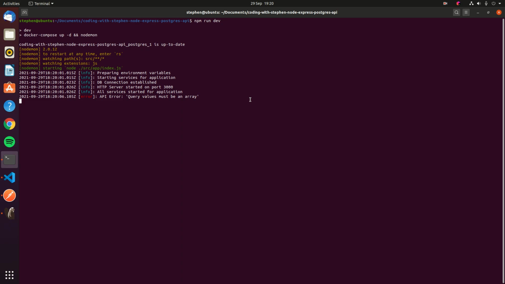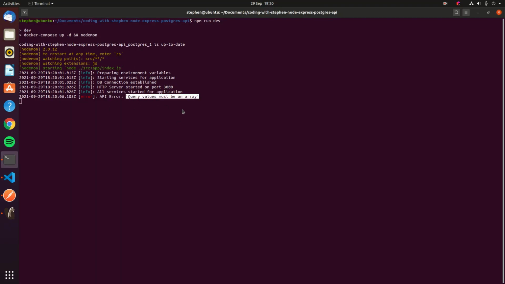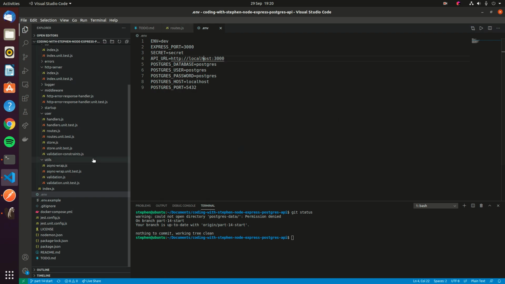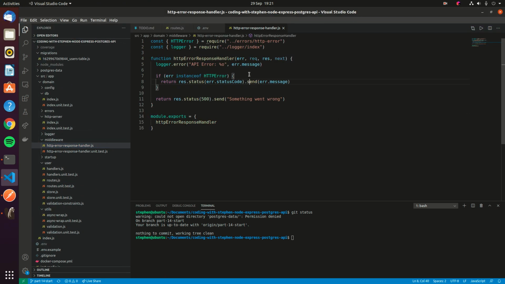Now, I've been working with Postgres for quite some time, so I know that this type of error that's come back here is typically something to do with the way that we constructed a query within our API calls. But if for some reason this error isn't super clear for you and you do want to get some more context into what's going on here, what you can do when we get to